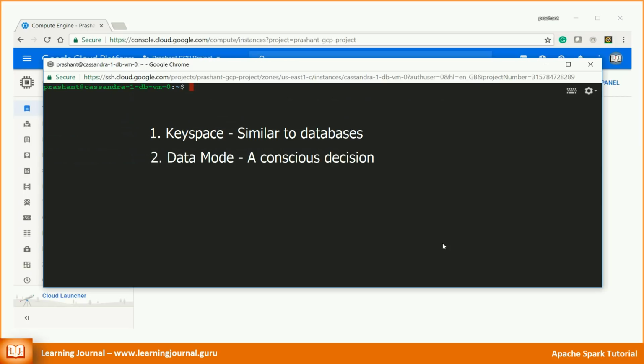Cassandra data model design is a conscious decision that completely depends upon the queries that you want to execute on that table. So, I don't recommend creating Cassandra tables on the fly. Most of the time, you will create a Cassandra table and populate the data from Spark.